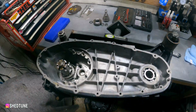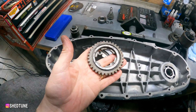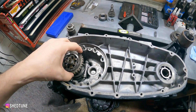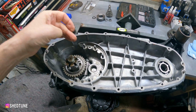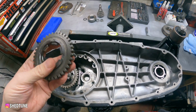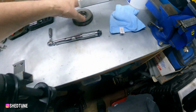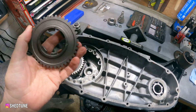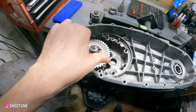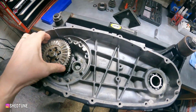Next, we can put the loose gears in. If you're not sure, fourth gear, you can see there's a big ridge on it. Face up. Fourth. Third gear, big ridge of it, face down. Same with second, face down, big ridge. Yeah, and that's how you can see it's in second gear. Then first gear, obviously